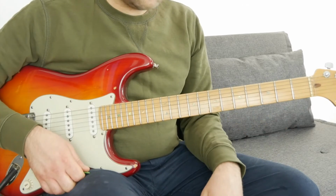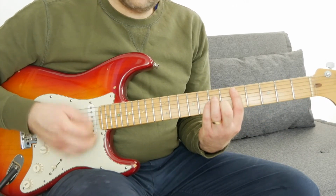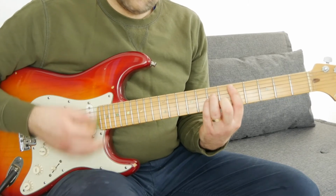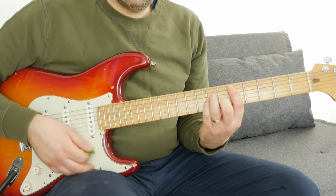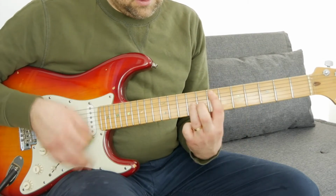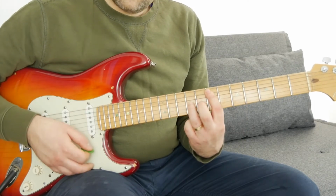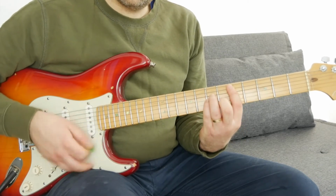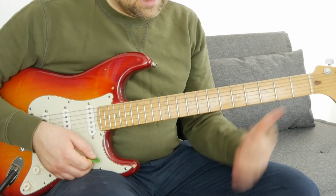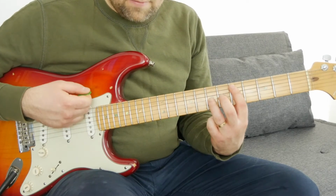Now, if you were playing this in a band and you just had one guitarist, the most important thing for the guitarist is this kind of funky strum on the D minor. But it is fun to have one guitarist playing that octave riff. If you can, fill it in with that D minor riff. Okay, but if you're just going to concentrate for now on the vocal riff, we've got a bit more work to do,